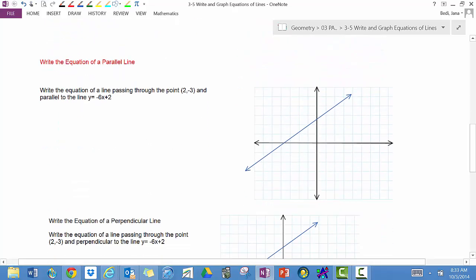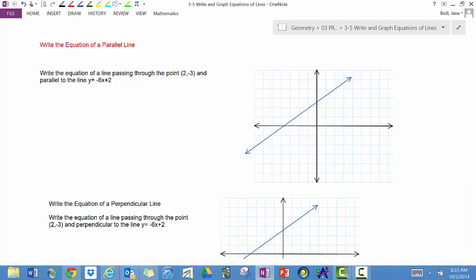Write the equation of a line that's parallel to a given line. So here we have: write the equation of a line passing through the point 2, negative 3 and parallel to the line y equals negative 6x. Well, this graph has a line, and we're just going to ignore that one, but we'll write the equation of a line passing through the point 2, negative 3 and parallel to the line y equals negative 6x. If the line whose equation I want to find is parallel to this line,